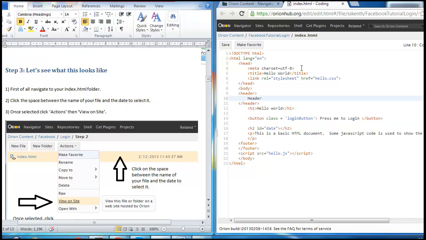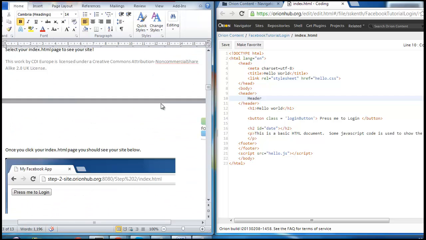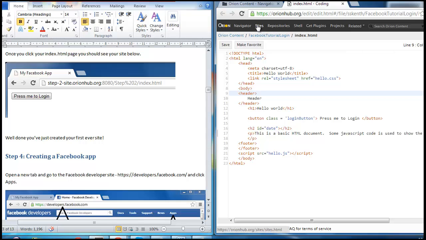So we've got a site and we have a button on it, but we can't actually see what the site looks like. We can't actually send it to anyone either. So the next step is to tie this to a URL so we can show it to people. So to do that, make sure we've saved everything. I'm going to show you a slightly different way to the guide, just so you have another way of doing it. So if we click on sites,